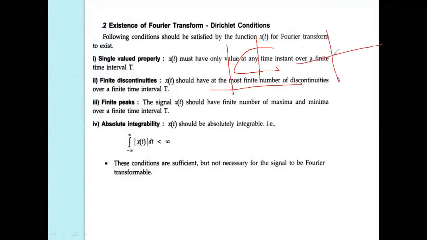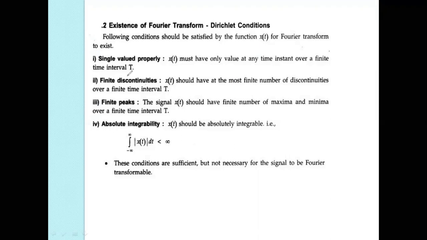and single valued of t only. At t equal to 1, we have only one value. Let us assume t is equal to 0, t is equal to 1, and t is equal to 2. If at 1 there is a double value here, it means it satisfies the condition only for the single valued property. Single valued property: x of t must have only one value at any time instant for the finite time